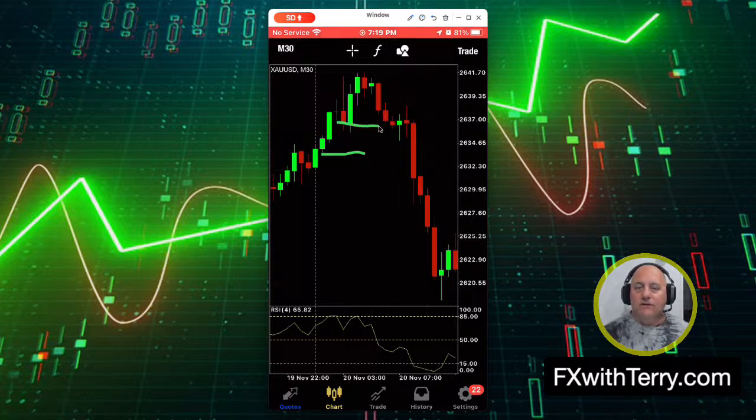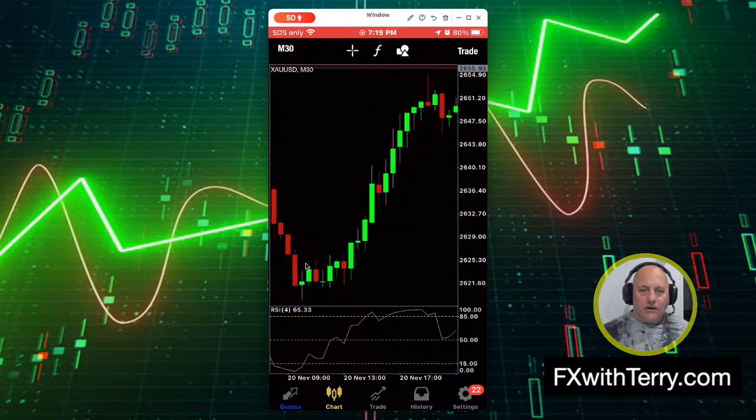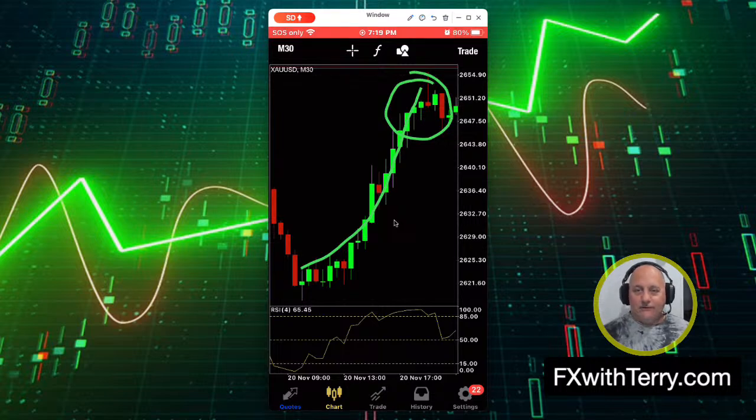I hedged at 1.0 here. I hedged at 1.0 here. Okay, I scaled in. I think I did another hedge at 1.0 here. So I was in at a total of, let's say, 4.0 lots. Everything completely went against again, which I was happy to be in these hedges, and it took profit somewhere down here. I didn't look at the account until it came all the way back up and all of my hedges were in profit. So I got out of them manually. I'm not saying that will always happen.